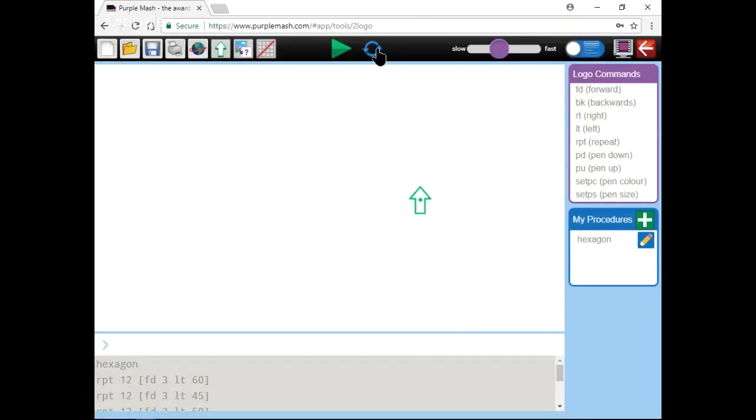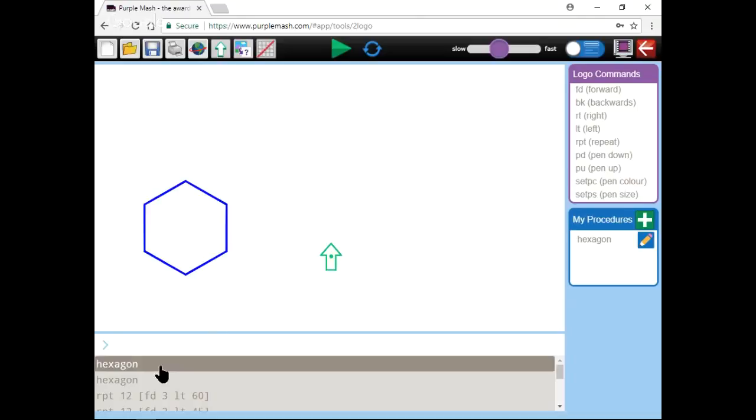So watch carefully. Now we're going to create our second procedure. I want to move this hexagon. So when it draws a hexagon, if I run this code, it's going to draw a hexagon over there. Then I want this to move over there and draw another hexagon, and it must do an interesting pattern. So I'm going to go, remember it was over here, look, it would be a right turn,